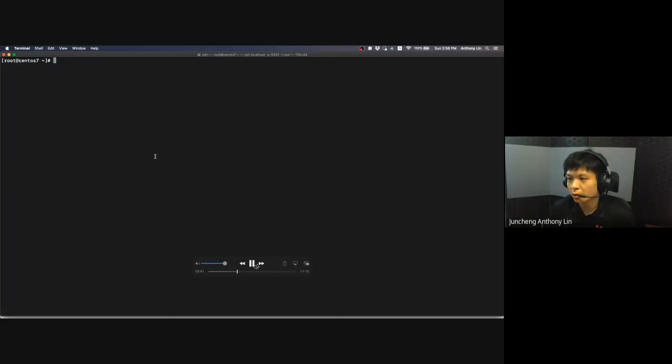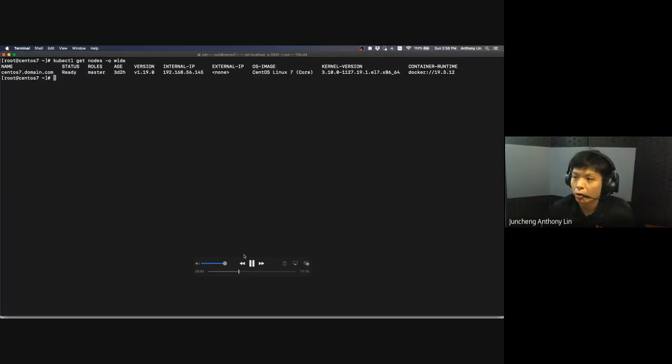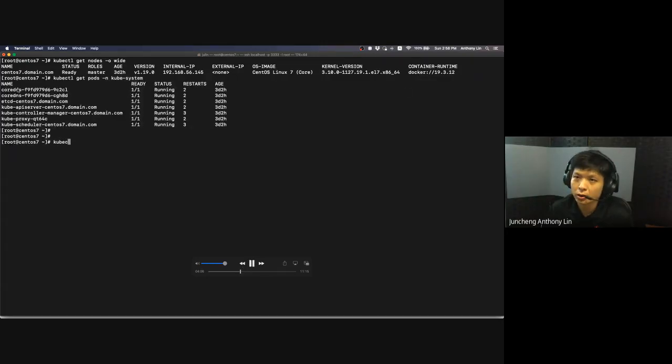So if you were to run this, you can see what I have over here: the node, running on 1.19. Then we have different stuff that is being set up on this all-in-one node. Let me just fast forward a bit. You can do a get pod. You can see over here that I have CoreDNS, etcd, and then the API server, proxy, and scheduler running.